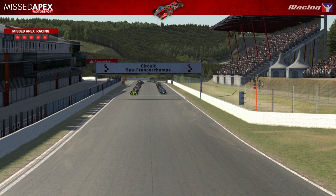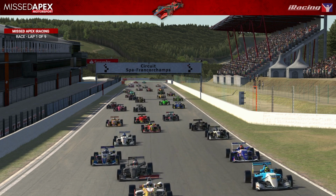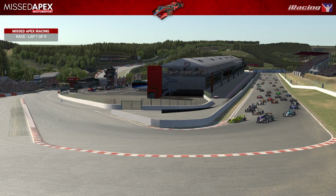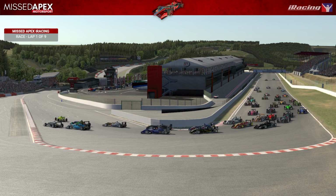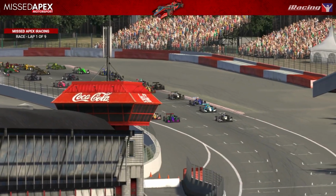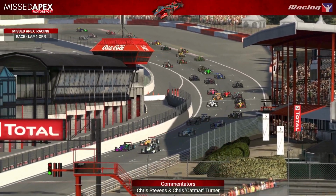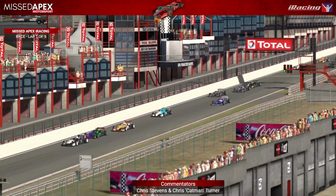All 5 lights are on. And we're underway at Spa once again. It's a fanning of the pack as the third place car of Matt Cook tries to come through the middle there, but Caswell will have the line down into La Source and should hold on to the lead. No, he's lost it on the exit of the corner. Absolutely perfect commentator's curse there, and it's John McClintock who takes the lead out of La Source